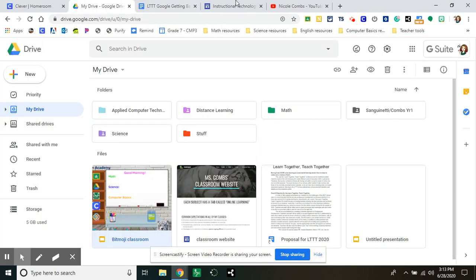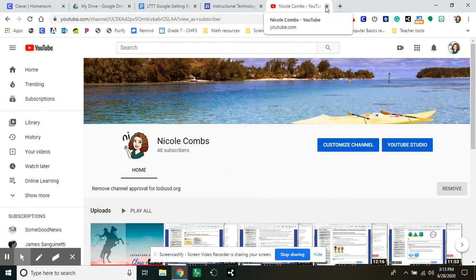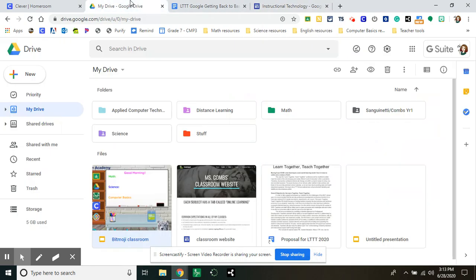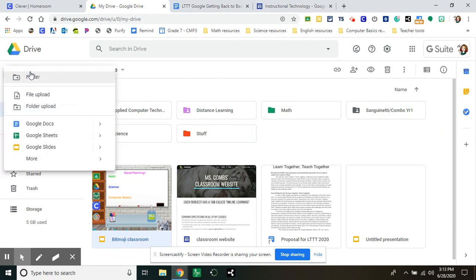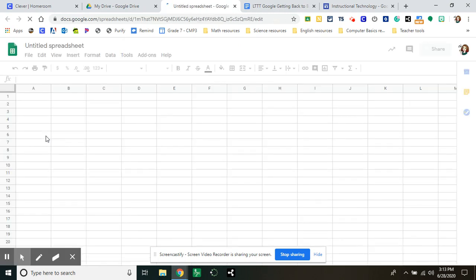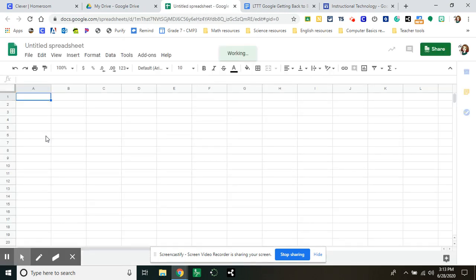So I would like to continue to show you a couple other things, I think, briefly. So Sheets is going to work very similarly to Excel if you've ever used it. This is nice, especially if you're trying to keep track of information and data. I highly recommend that you use this to make a call log if we are doing distance learning and keep like a running record of which parents you've called, what kind of things that you talk about, or which students you've contacted and things like that, because inevitably you're going to come up to a situation where you're going to